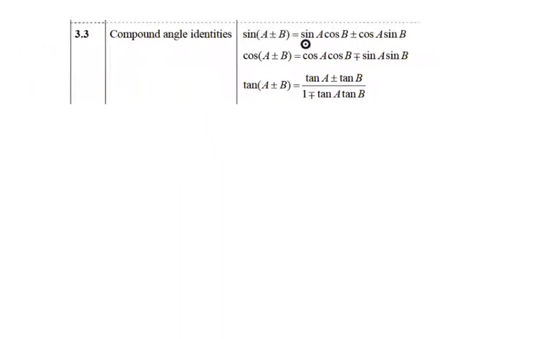Okay, so show that sine of pi over 3 plus pi over 4 is root 3 minus 1 over 2 root 2. So I notice first here's my denominator of 2 root 2, and it looks like root 3 over 2, and it looks like 1 over root 2, which tells me that for pi over 4, they're using 1 over root 2 rather than root 2 over 2. So let's go look at our sine formula. Sine A plus B is sine A cos B plus cos A sine B. So this is going to be